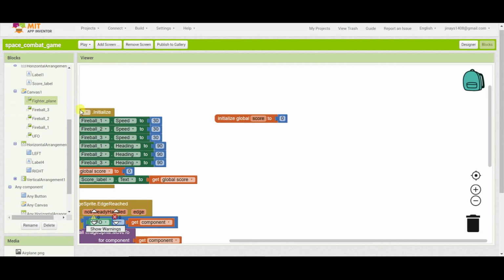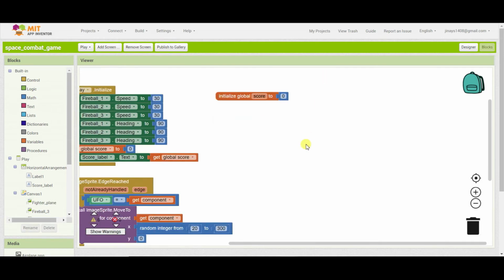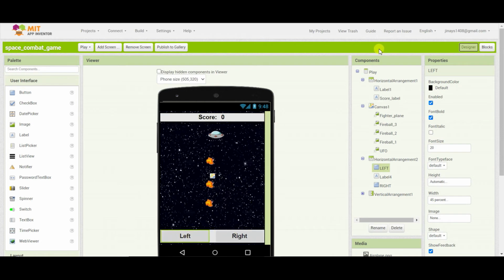Now, whenever button 2 is clicked, so button 2 is basically the left button, this.